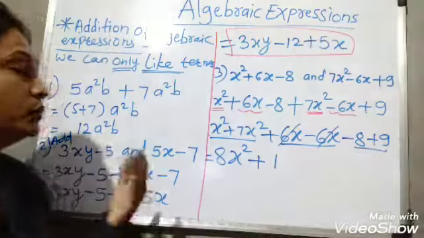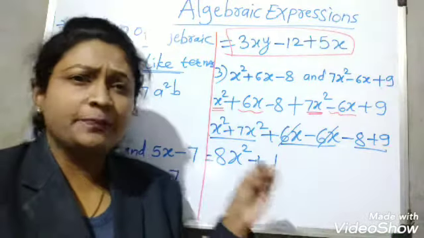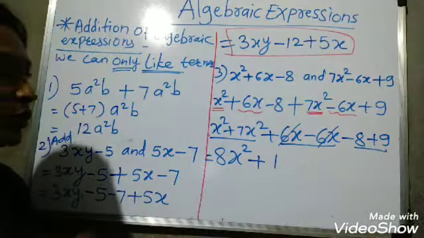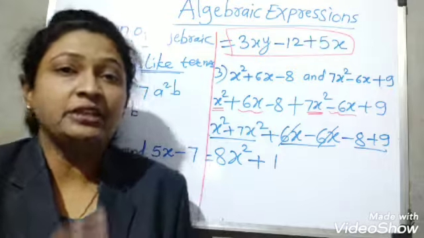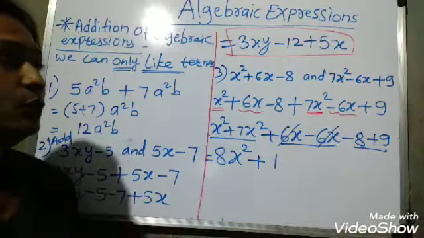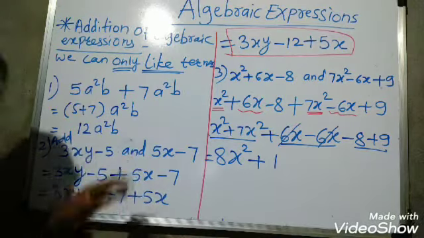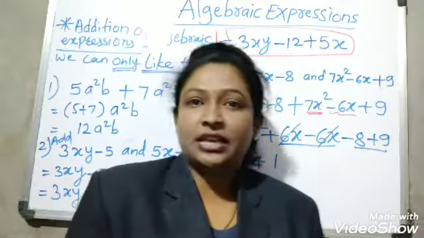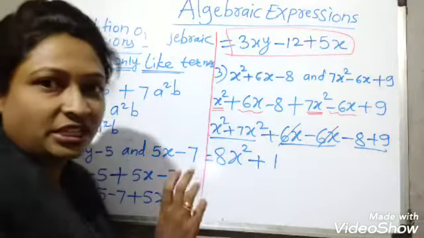Do you understand, student, how to do the addition of algebraic expressions? Addition of algebraic expressions is very easy to understand. Only one rule you have to always remember, that we have to add only and only like terms. If unlike terms are there, then you can keep them as they are. वो वैसे के वैसे ही लिखने हैं आपको, उसके साथ कुछ भी नहीं करना है, सिर्फ like terms का आपको addition और subtraction करना है यहाँ पे.